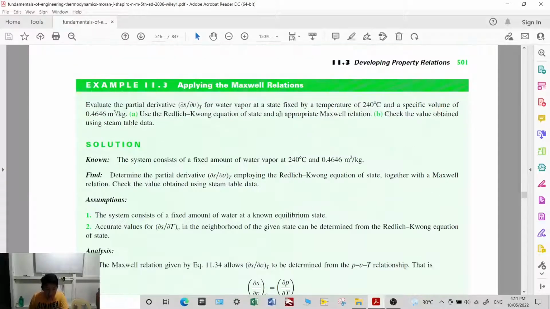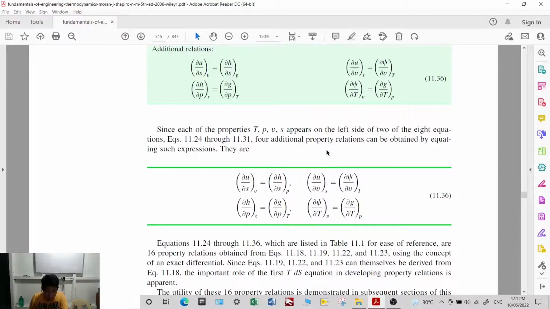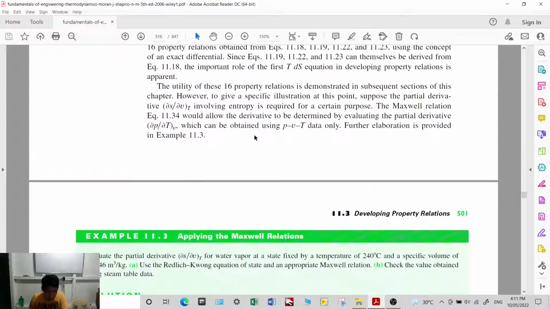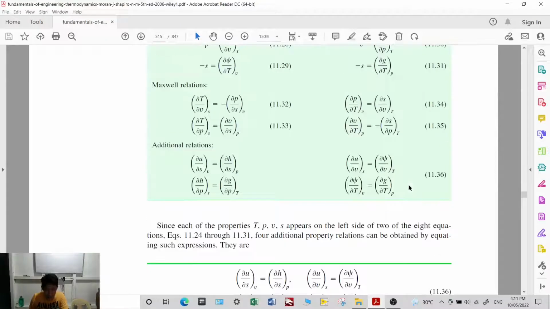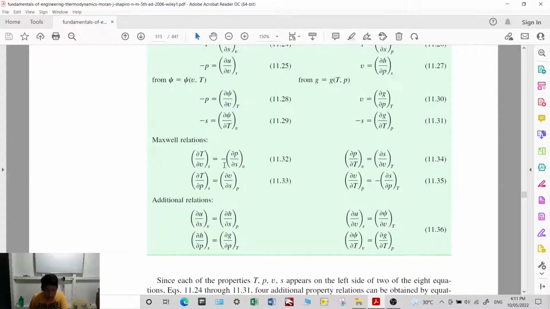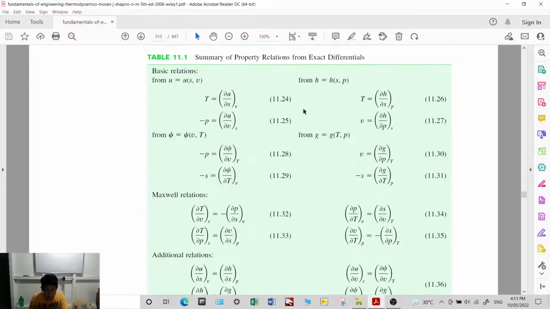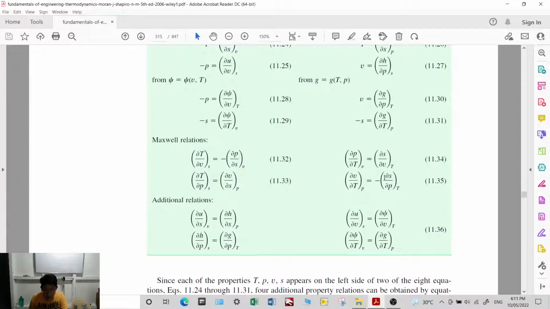Based on that, what we need to find is the partial of S with respect to V at constant T. Now, if you look at the Maxwell relations, the partial of S with respect to V at constant T is equal to the partial of P